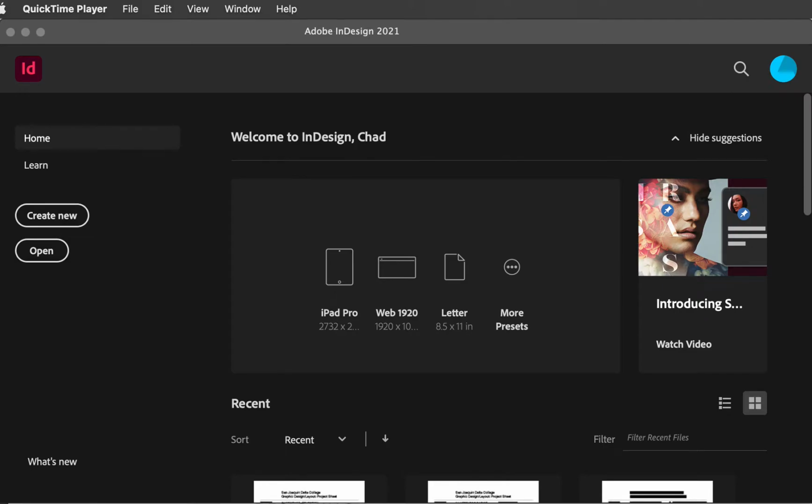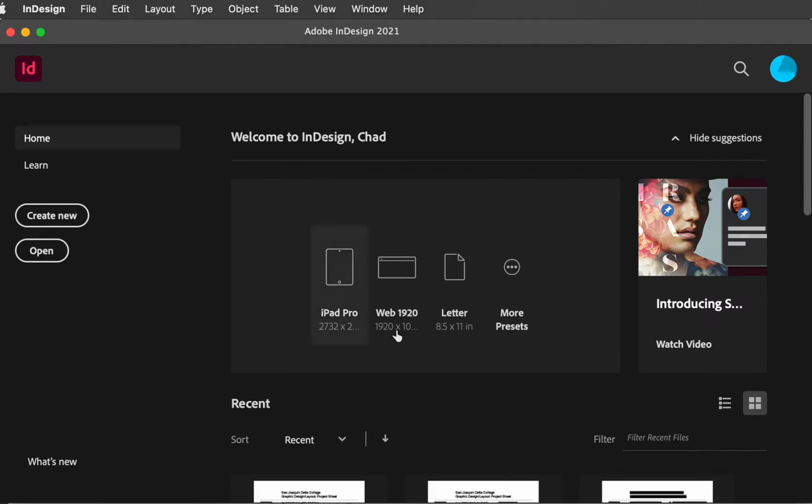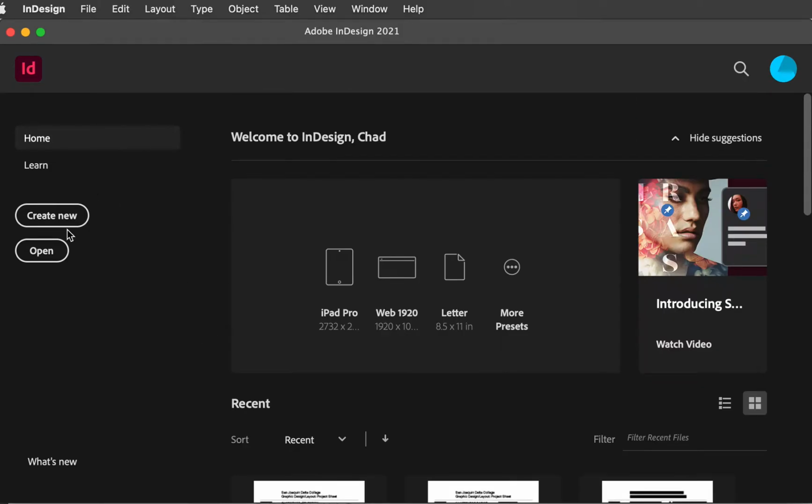Welcome to a tour, an overview of InDesign. So this is InDesign. When you first open it up, it's kind of a welcome screen. You'll see a few usable presets, and if you've opened any files, you can see some recent open files. The two main buttons you can use are Create New or Open. I'm going to choose Create New,